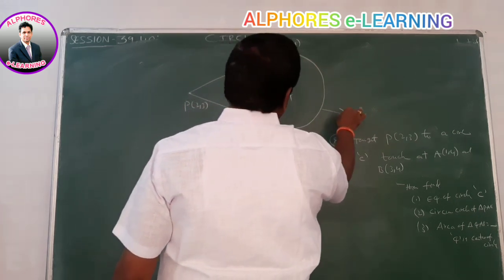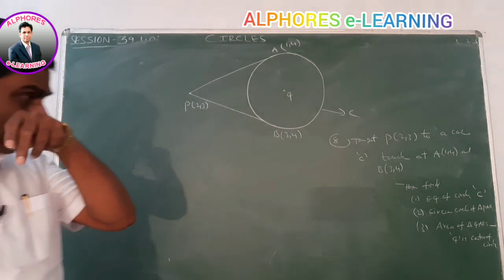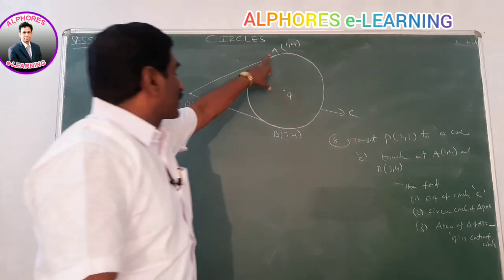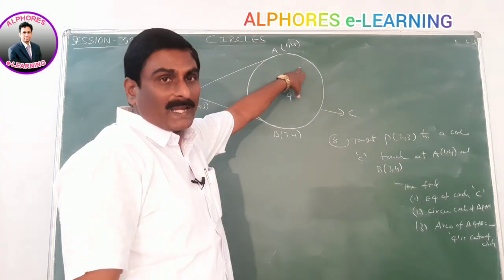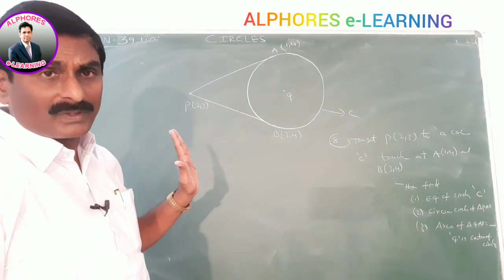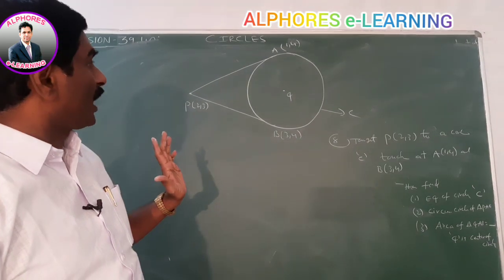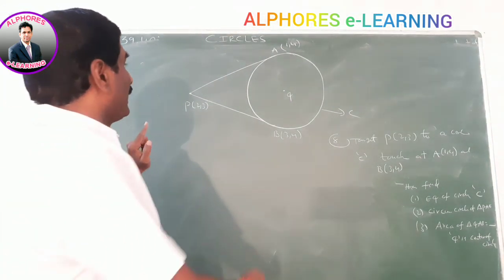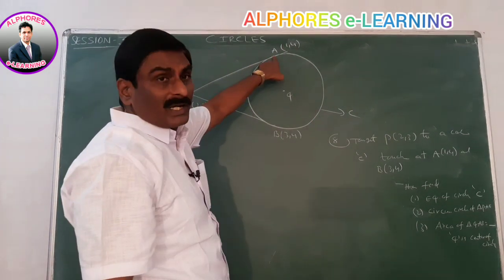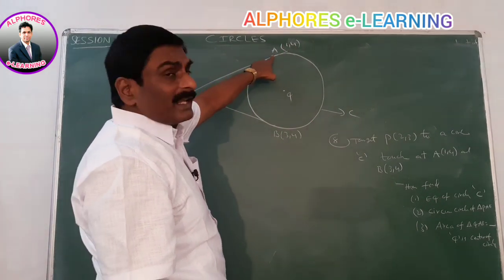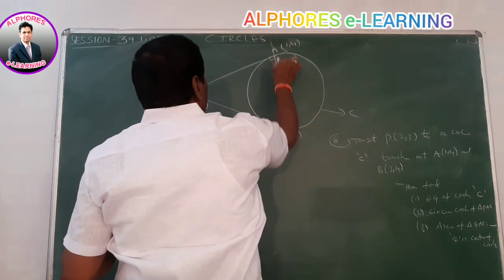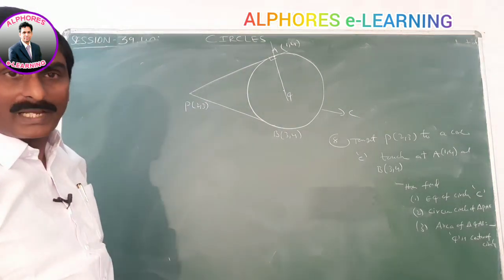First we find the equation of the circle C. For getting the circle equation, the center and radius are required. How do we find the center? PA is one of the tangents and A is the point of contact. The line perpendicular to the tangent and passing through A is the normal, and this normal always passes through the center of the circle.